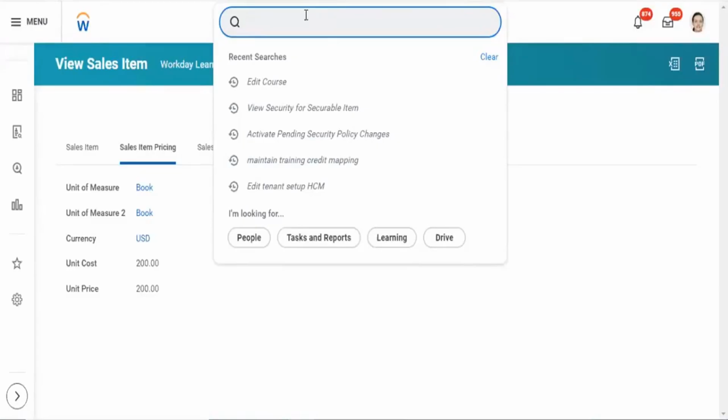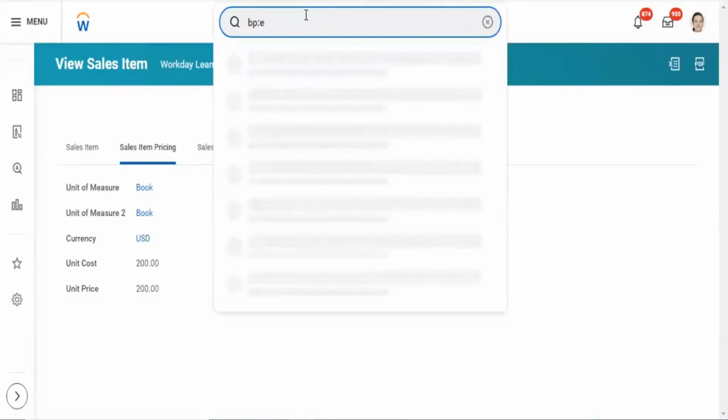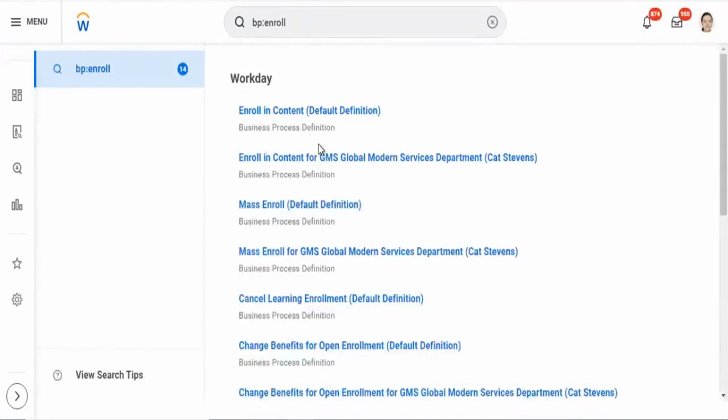Basically, we have a business process called enrolling content. Enrolling content is a business process that allows employees to enroll into the course.